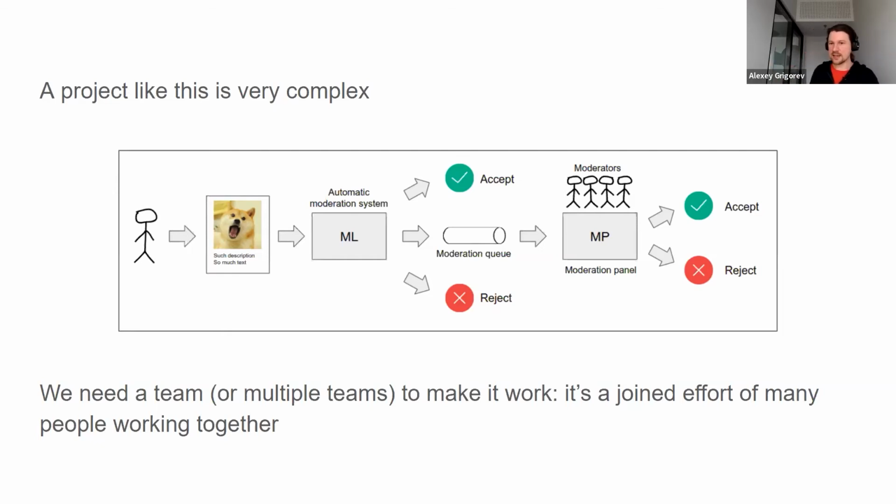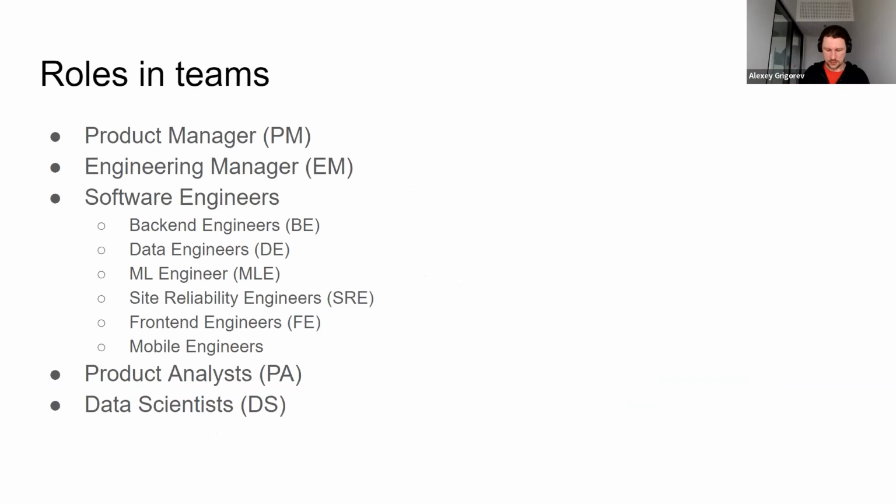So data science does not happen in isolation. We as data scientists need to work with other people in the company, and I want to tell you how this collaboration happens, how we can do data science with the rest of the people in the teams. Let's first think who we have in the team, in addition to data scientists.